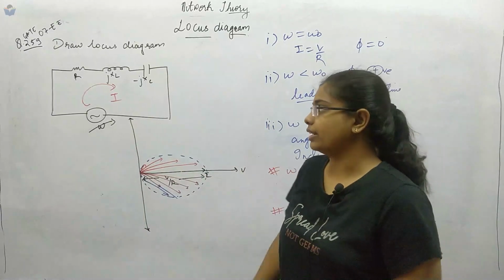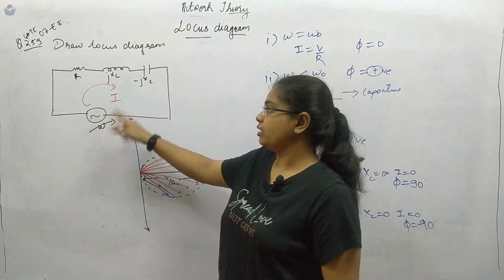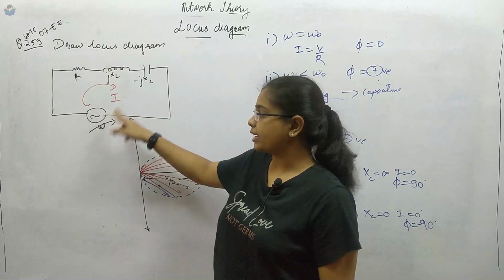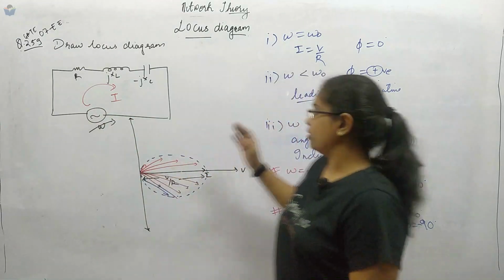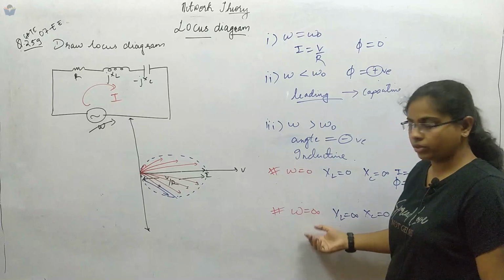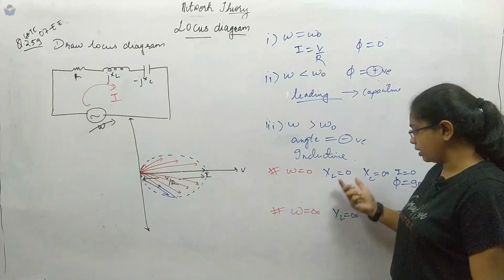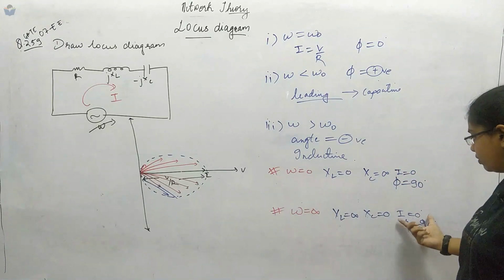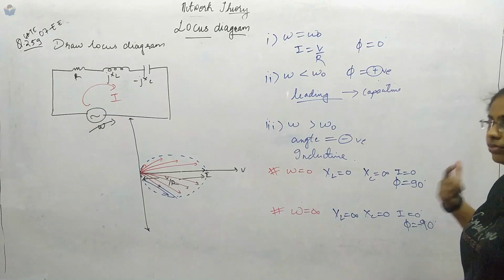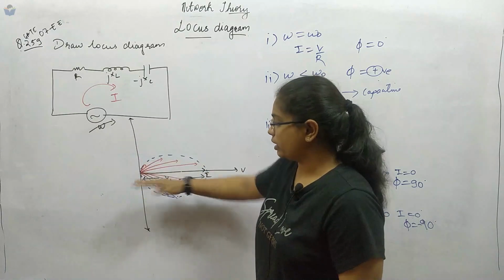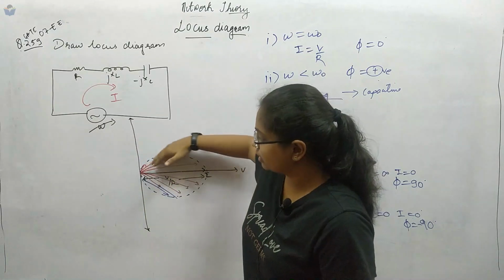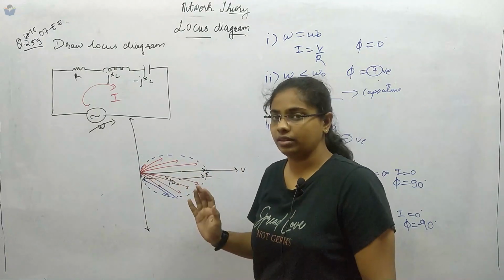Question number 259. It was easy. You have to apply the current, see which parameter is varying, get the equation, and vary them from 0 to infinite. After varying from 0 to infinite, check what the current value is and the phase angles. So if it is increasing, this is plus 90, this is negative, then the current value is decreasing till it reaches 0 degrees.